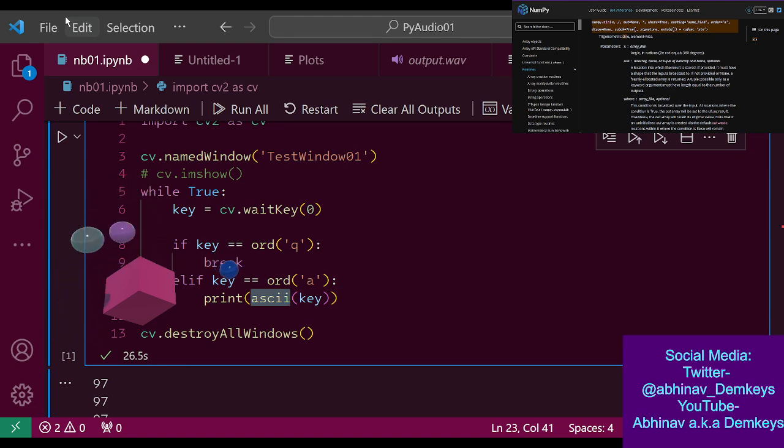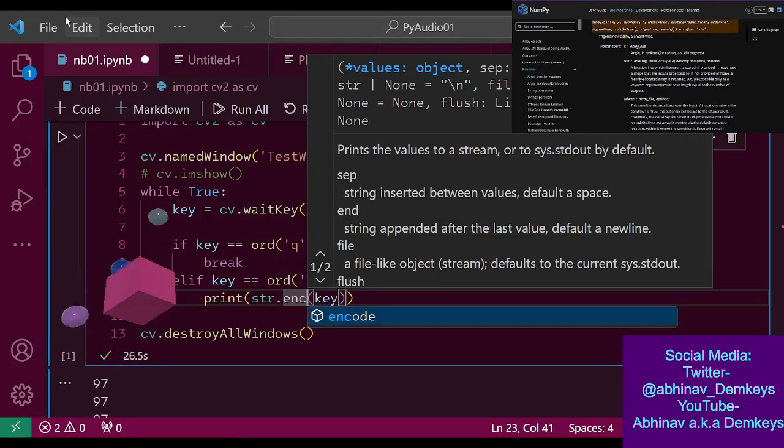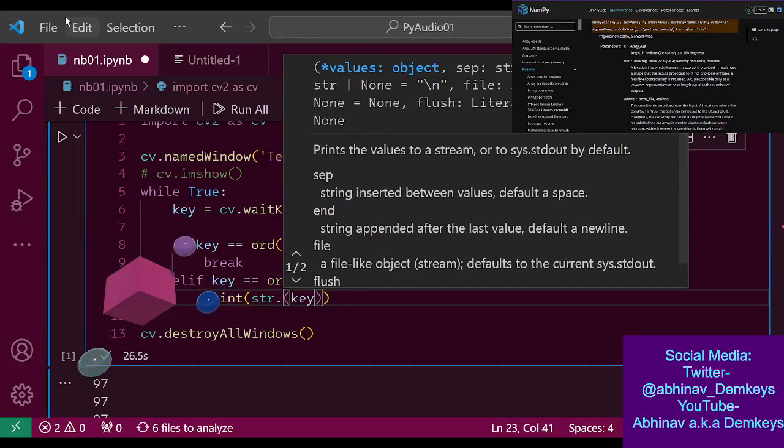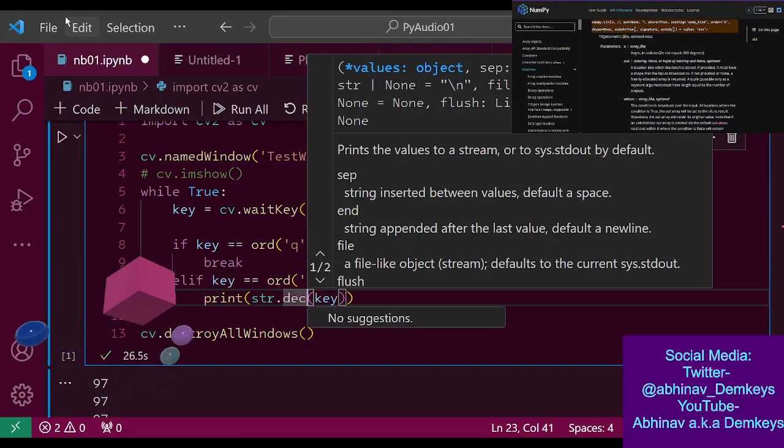No, that's not what I'm looking for. What was it? Was it string.encode? So we give it this value, which is supposed to be a string. That's going to give a byte. Okay, that's not it. What about decode?